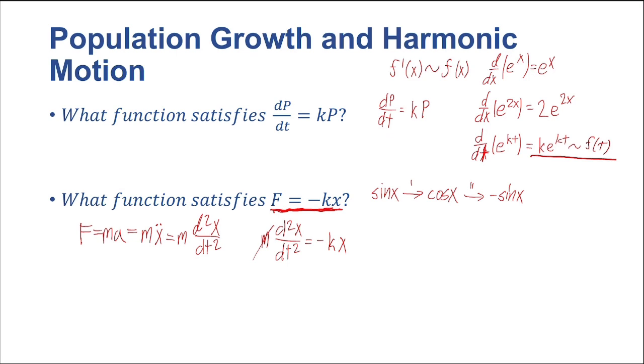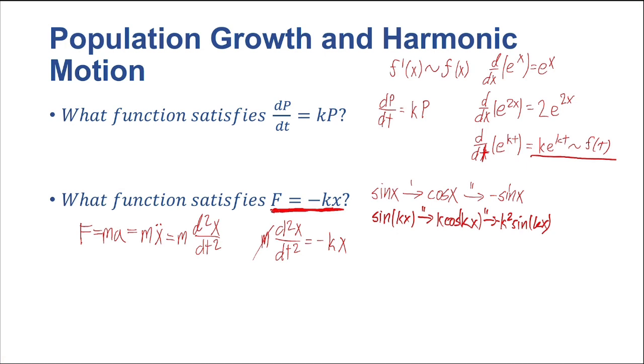Let's try sine of kx. Then we differentiate and get k times cosine of kx. We differentiate once more, and we get negative k squared sine of kx, and that there is proportional to what we're looking for. So there, that is where we get harmonic motion from